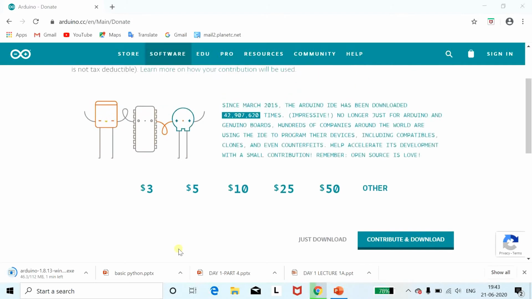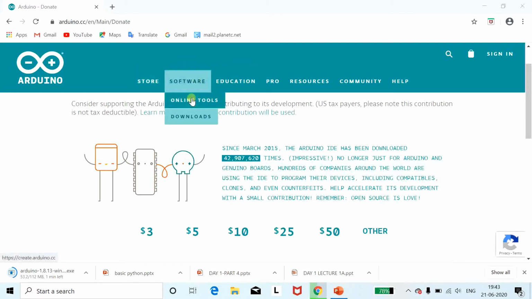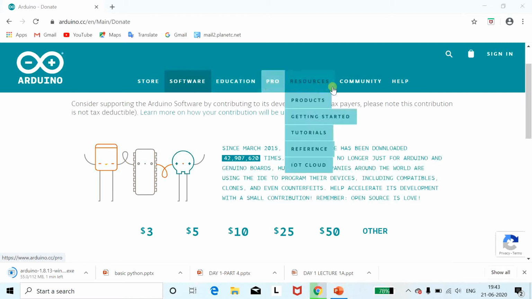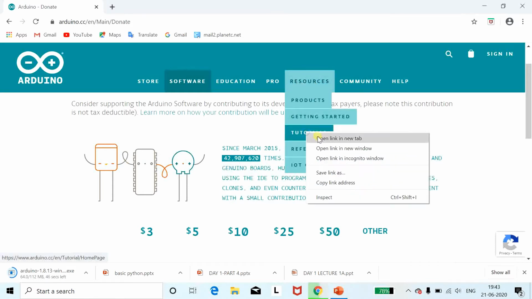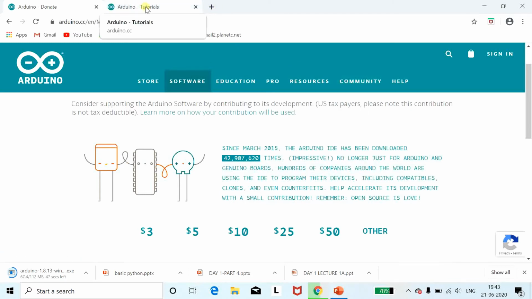Till downloading gets over, you people can have a view of the store option, online tool option, education, pro, resources, and what tutorials are available for your Arduino.cc, that you can check out. You can open it and check out the tutorial available for it.